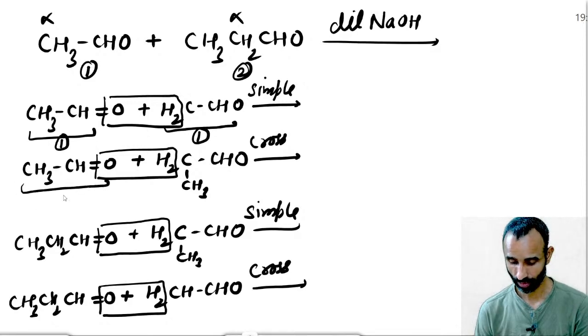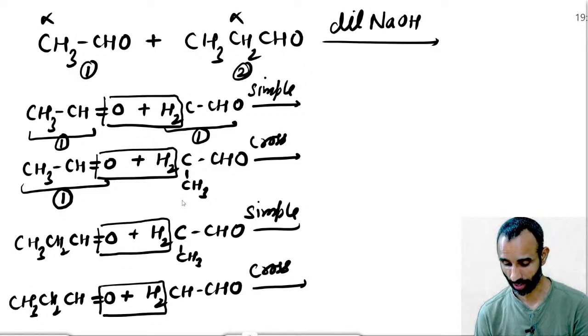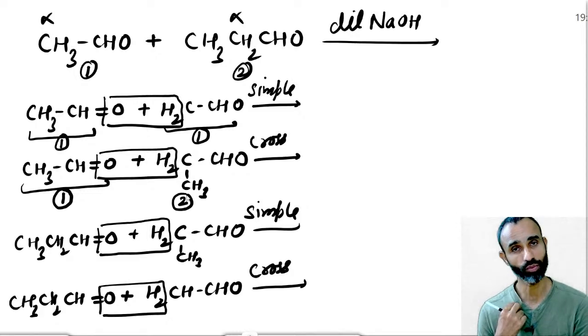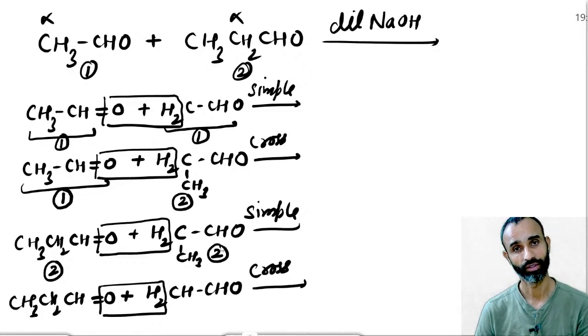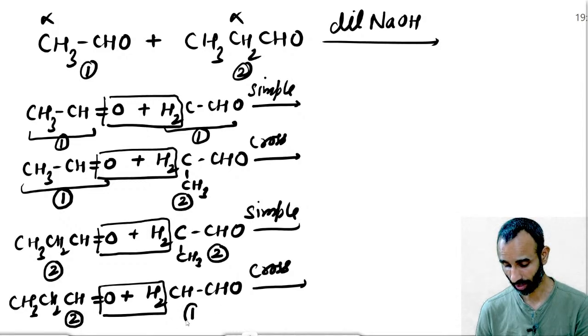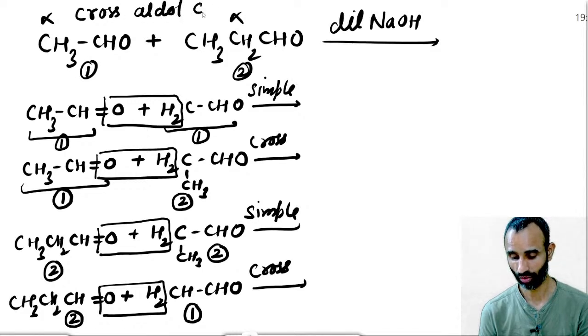If electrophile of the first compound and nucleophile of the second compound is used, that is called cross product. If electrophile of the second and nucleophile of the second, then simple. If electrophile of the second and nucleophile of the first, we get cross product, and this is called cross aldol